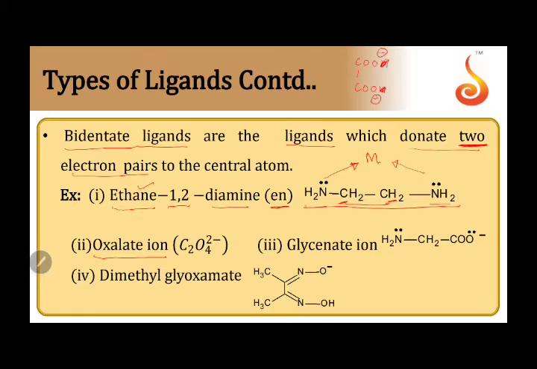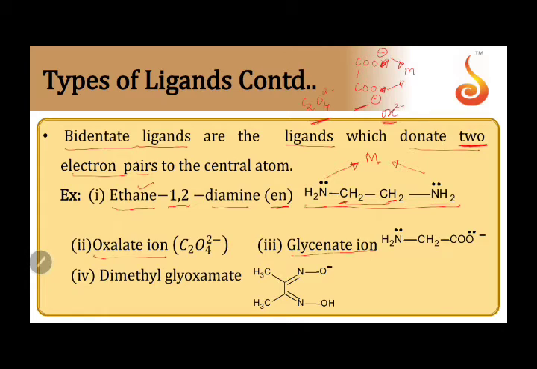If you see the formula, there are 2 carbons, so it is C2, 4 oxygens, so O4, 2 minus. It can be written like this or like this, or its abbreviation is OX, 2 minus. OX representing oxalato ligand. Similarly, if we take a metal here, this oxygen can form a coordinate bond. It can donate an electron pair. This oxygen also forms a coordinate bond, giving a structure like this.